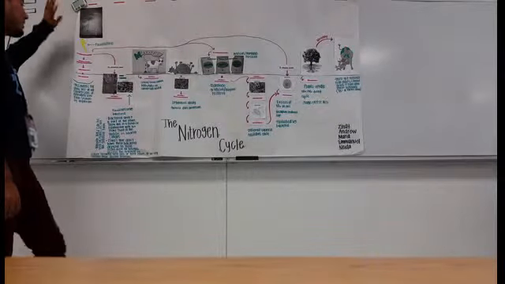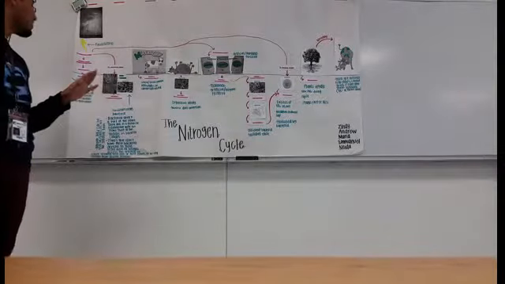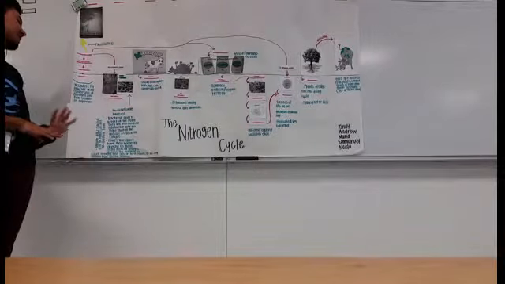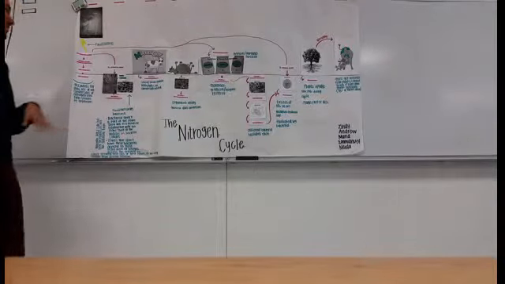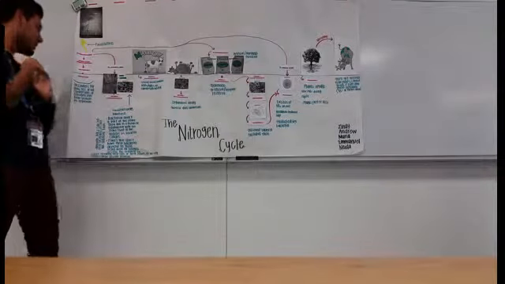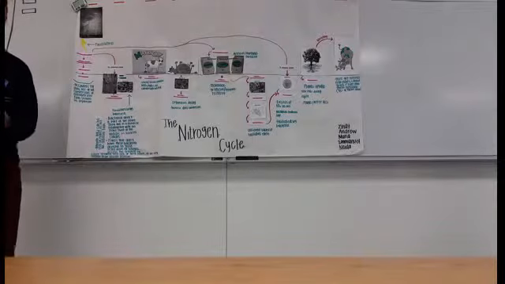Atmospheric fixation is whenever lightning facilitates the atmospheric nitrogen, which then converts into nitrogen monoxide/nitrogen dioxide, which then turns into nitric acid, which then goes into the soil, turning it into nitrate ion. Keep in mind this only accounts for 10% of all the conversions of nitrogen into usable forms for animals.